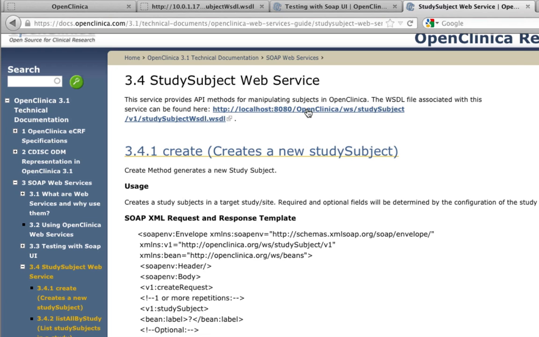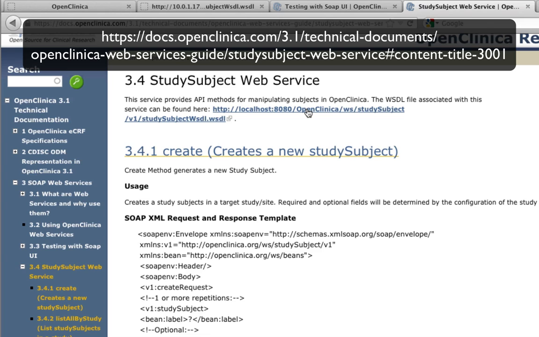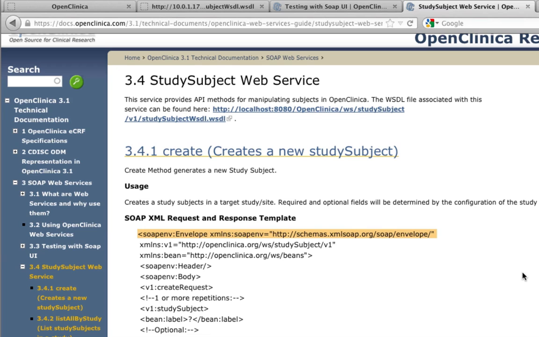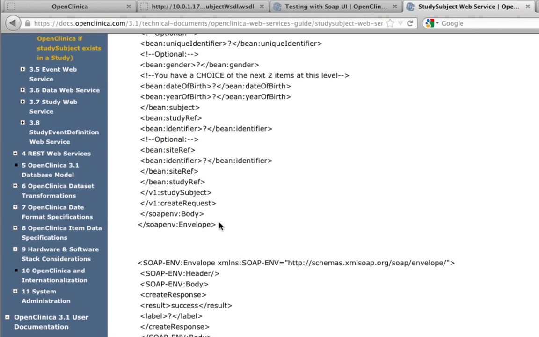Next, we're going to grab the SOAP request template for creating a subject. Go to the documentation page, 3.4 Study Subject Web Service. Under 3.4.1 Create, you will see the SOAP XML request and the response template. Copy from the open tag of the envelope until the end of the envelope. Copy,